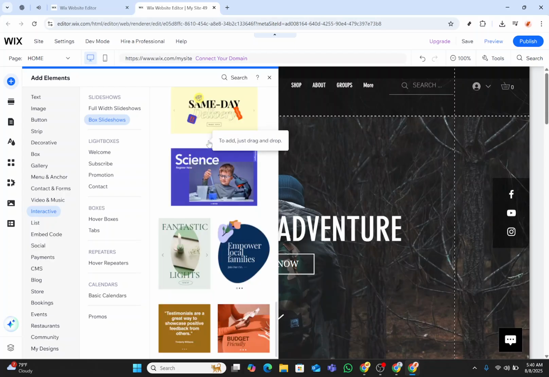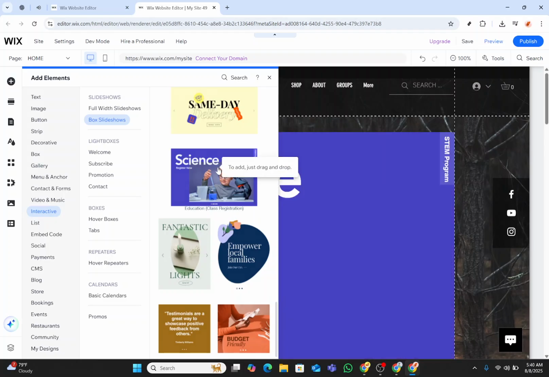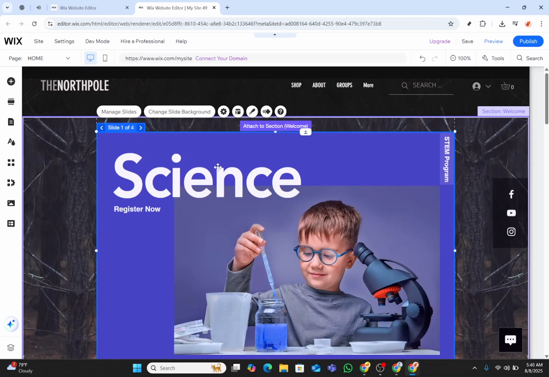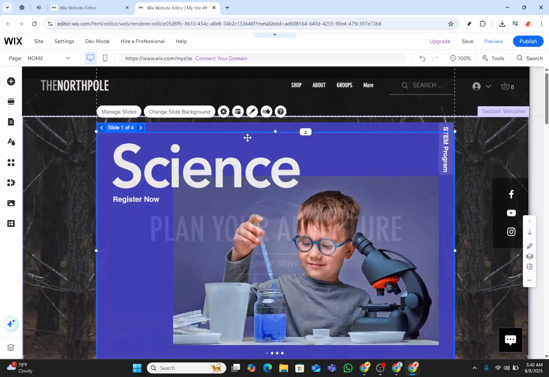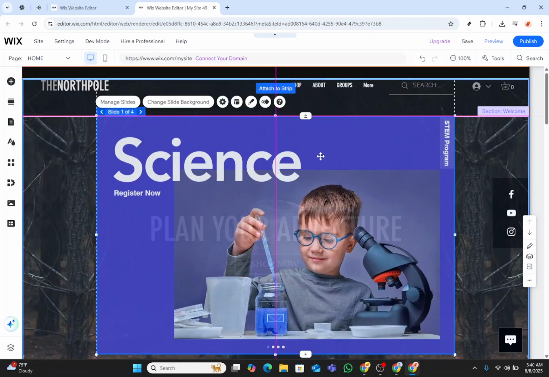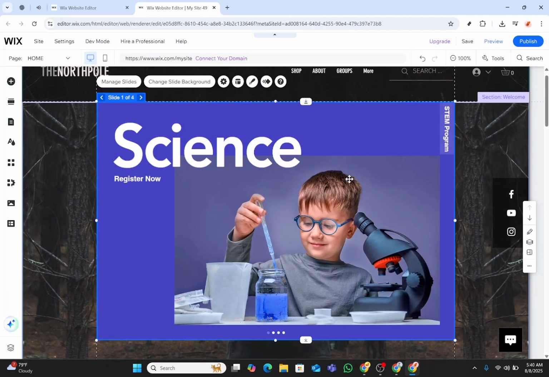Within Box Slideshows, look for the feature labeled as Lightbox. A lightbox is a type of pop-up that is particularly effective for drawing focus due to its design and animation options. Take a moment to browse through the options available. Selecting a compelling lightbox can greatly enhance user experience by making your call to action stand out. Once you've decided on a lightbox,